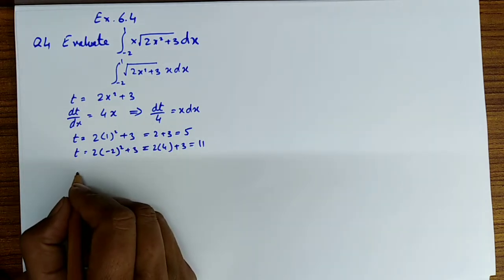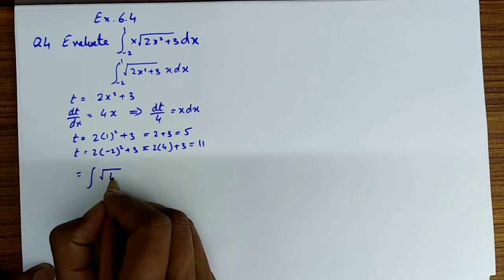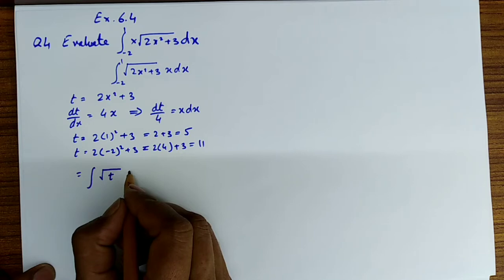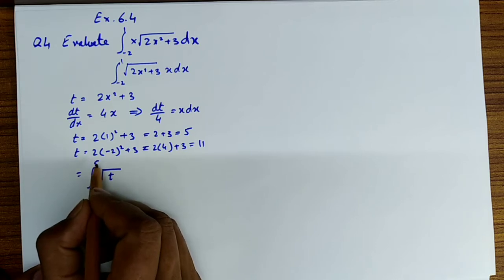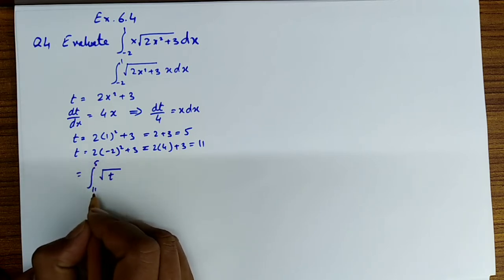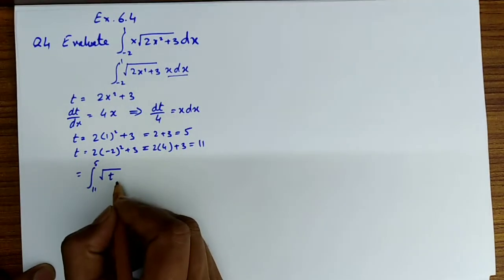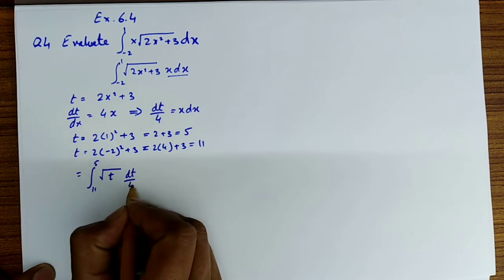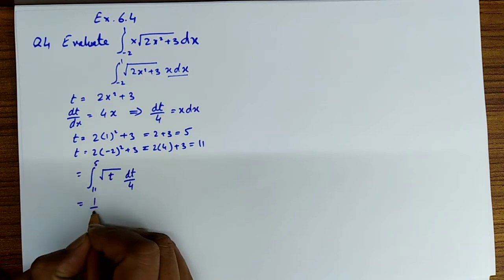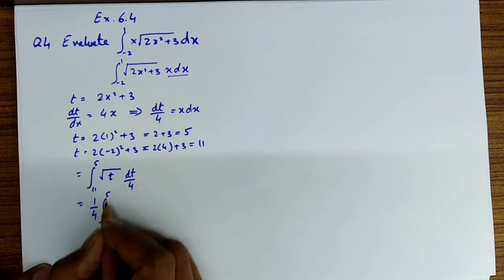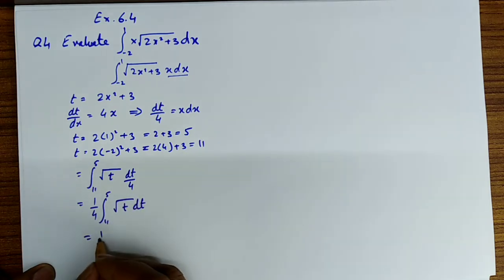Now using the substitution method, substituting all the concerned values, we get t in place of 2x square plus 3, and in place of the upper limit I write 5, and the lower limit I write 11. In place of x dx I write dt upon 4. Now moving this 1 upon 4 outside, next to the integral sign, we have the integral of t dt. So that gives me 1 upon 4